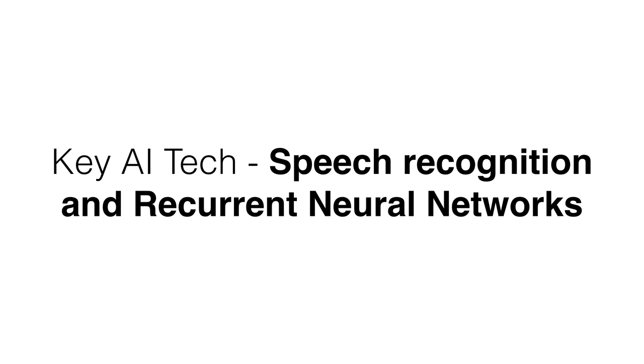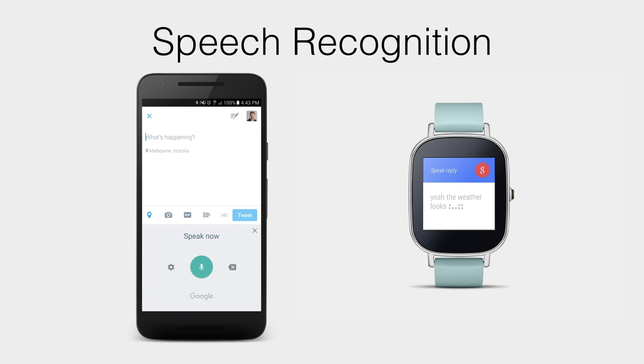Speech recognition is another technology that's super important on mobile, and not just on phones, but particularly on smartwatches. Having good speech recognition enables whole new categories of Internet of Things devices. For example, the Amazon Echo just wouldn't exist without solid speech recognition. Personally, I make really heavy use of the voice recognition on my watch. And about a year ago, it suddenly went from basically useless to really, really good. And the reason it improved so much so quickly is Google started using something called recurrent neural networks to do their speech recognition.